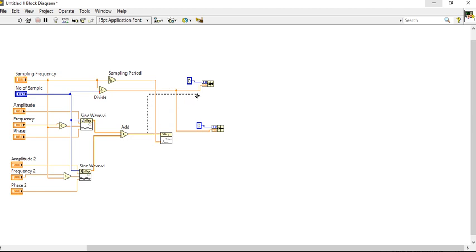Here we will connect this one with this to plot the spectrum properly, and here we will connect this one to plot.